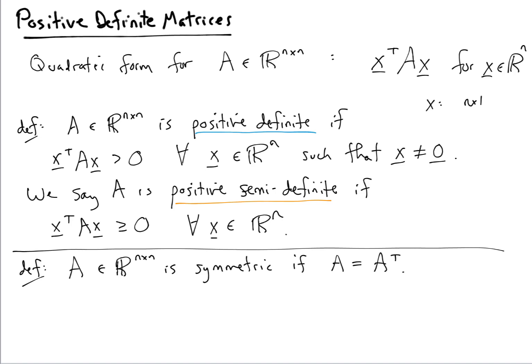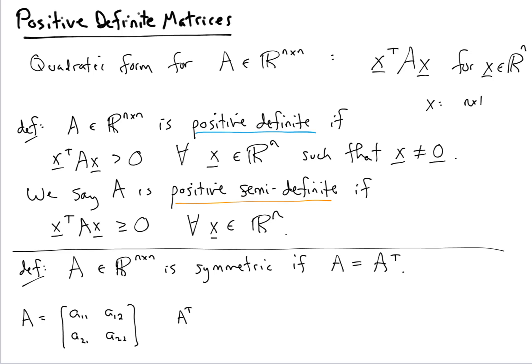And recall that the definition of the transpose of a matrix is the original matrix with its rows and columns swapped. So if A, say in the 2 by 2 case, was A11, A12, A21, A22,